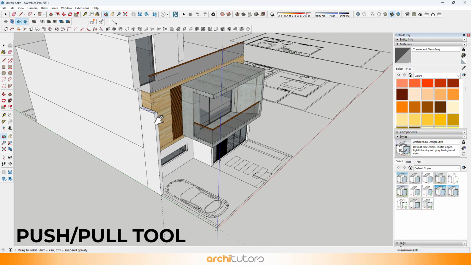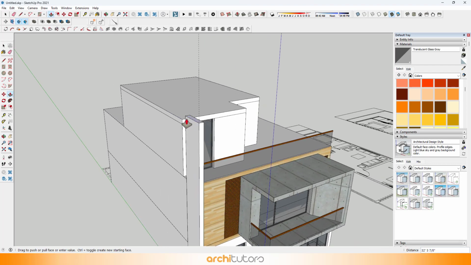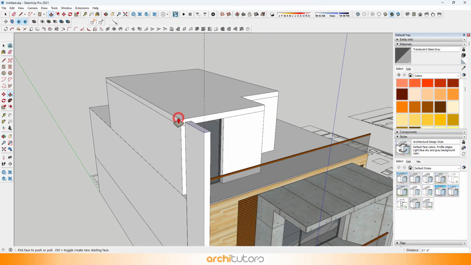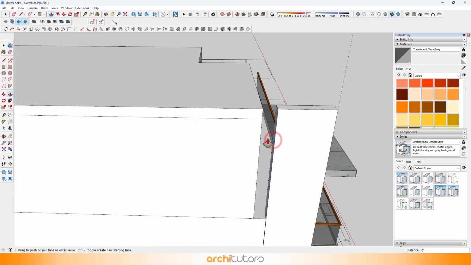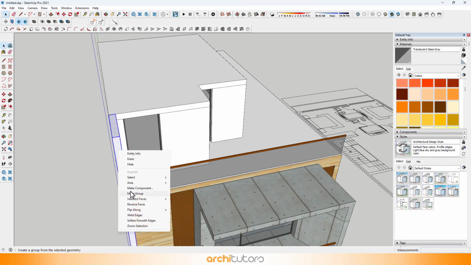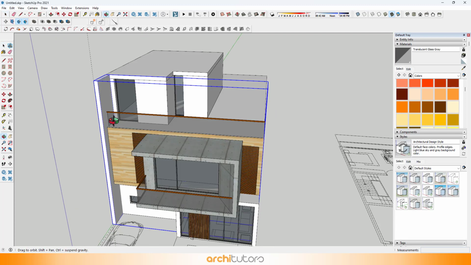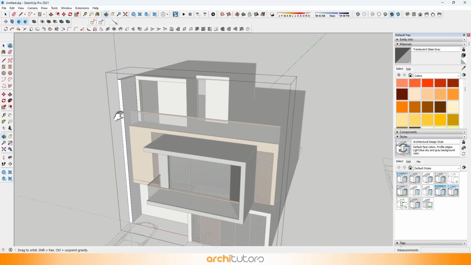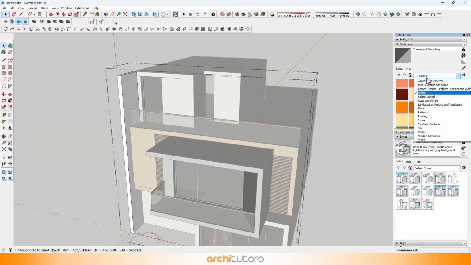Use a rectangle and pull it till the top floor. I'll add a concrete material to it.